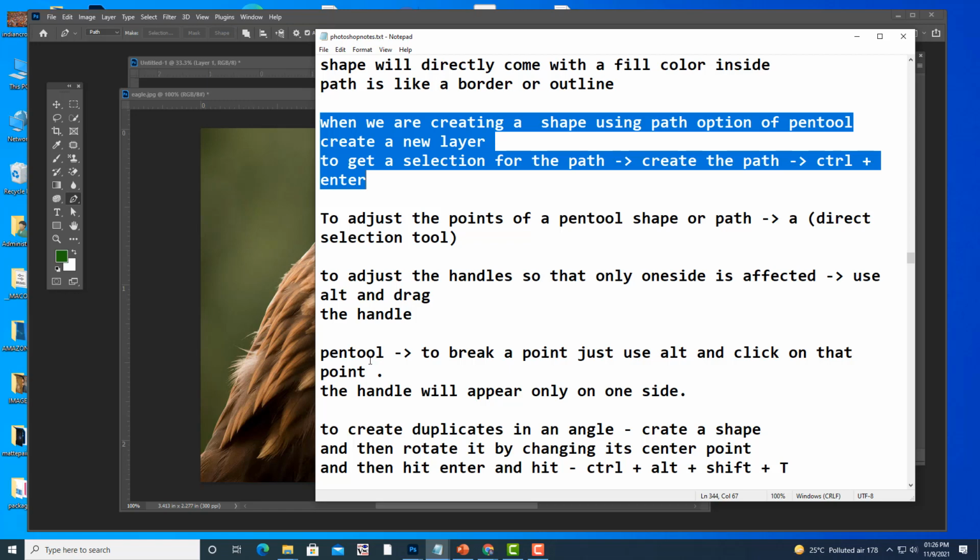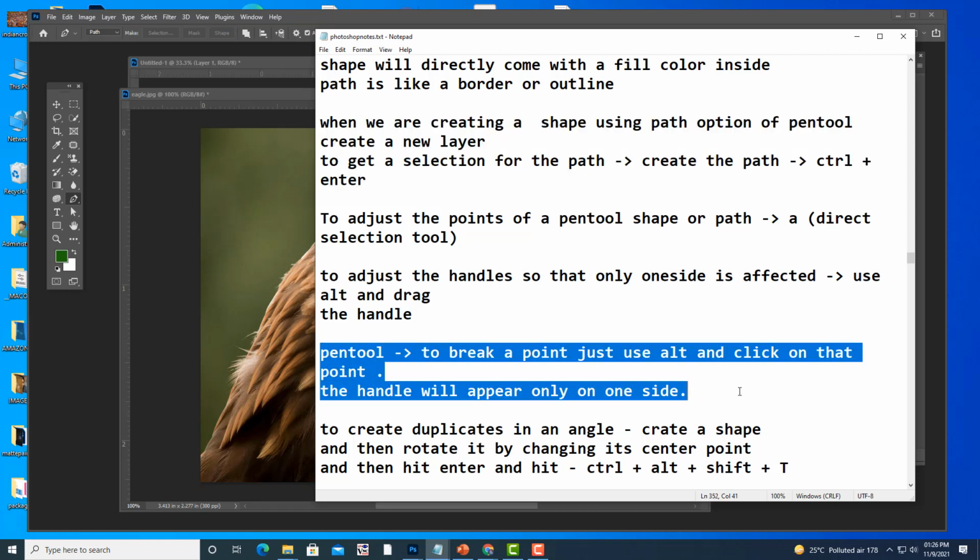Just write down this point, okay? To break a point, just use Alt and click on that point.